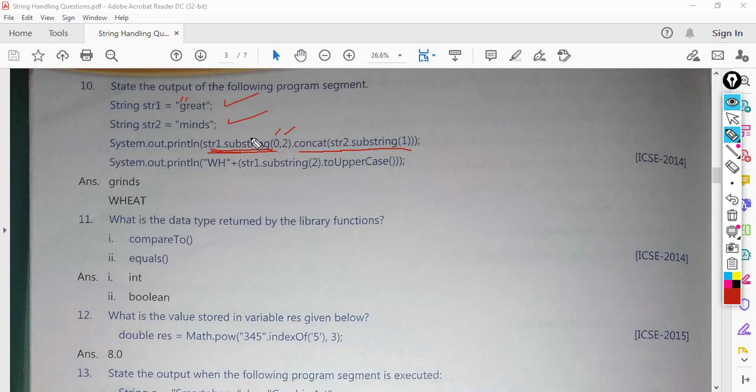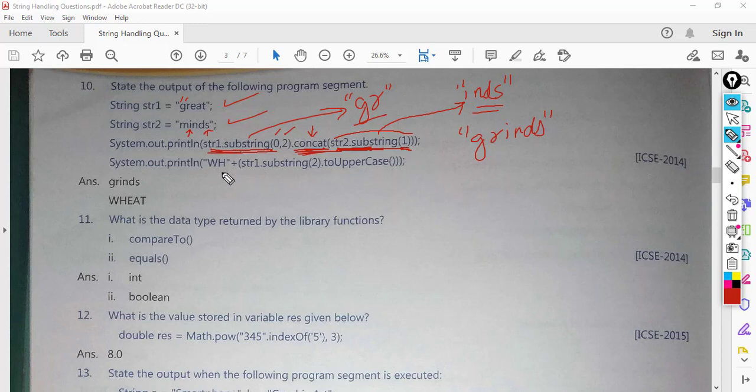This will give me the string "gr", and then concat will be the last one to be executed. First the parameter function call will be solved. So str2.substring(1), start from 1, go up till the last index. So start from 1, that is i, last index, "inds". So the return value of this one is "inds". Now the concatenation will happen between "gr" and "inds". So that will become "grinds".